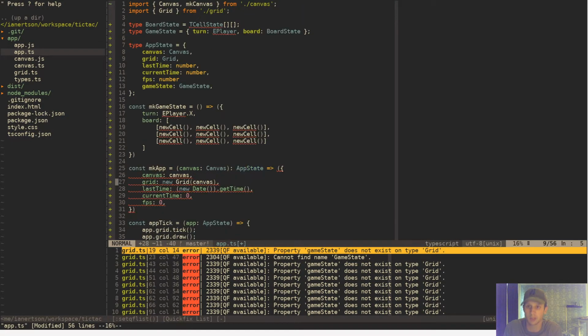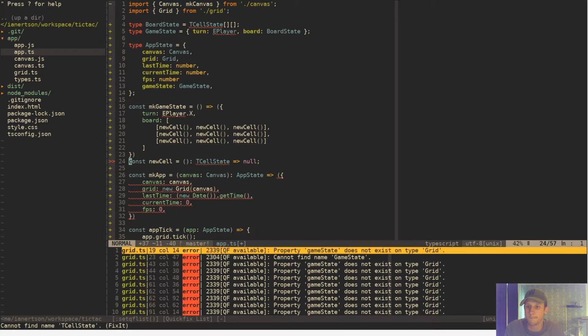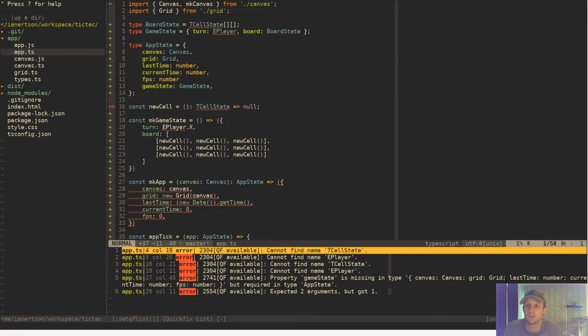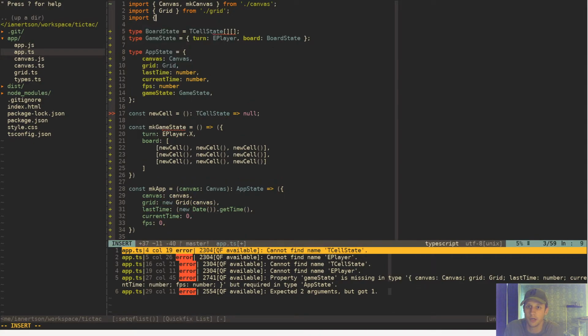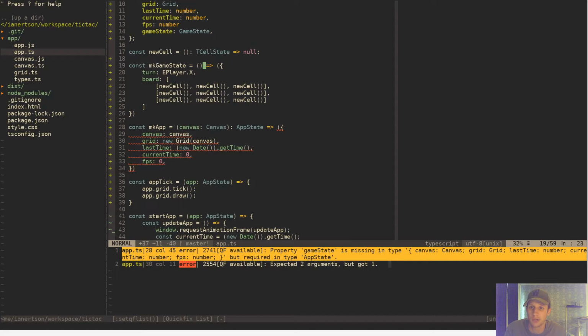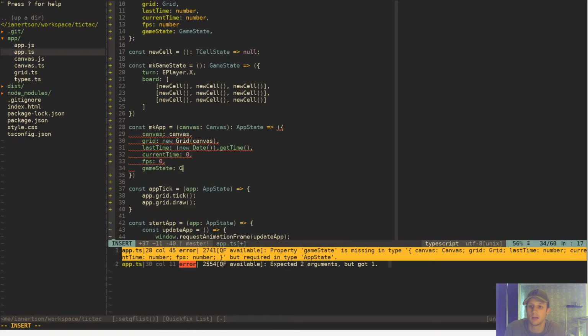This shouldn't be here, we're going to put it here, and we're going to have to import e player t cell state from types. So, and this one should return a game state, and it should be game state mk game state,